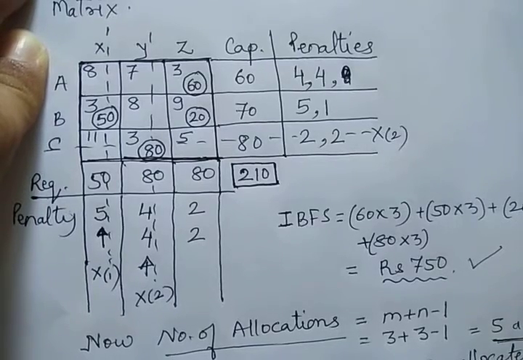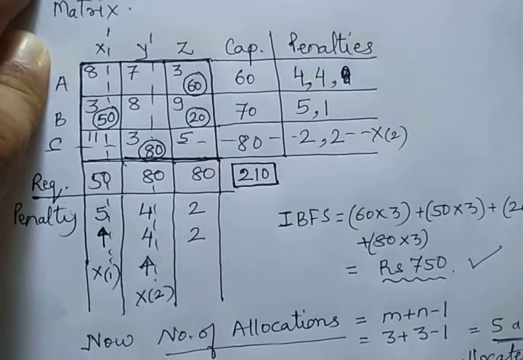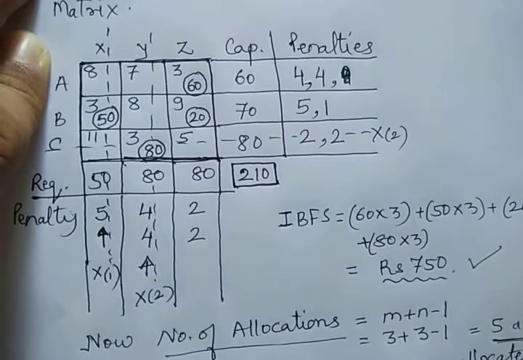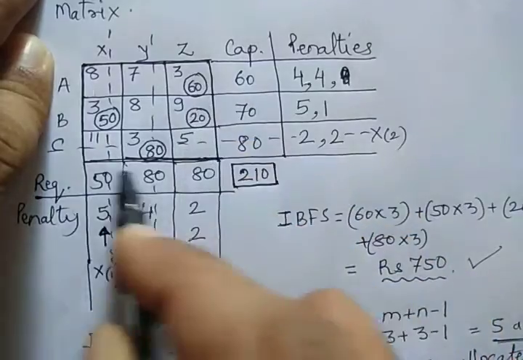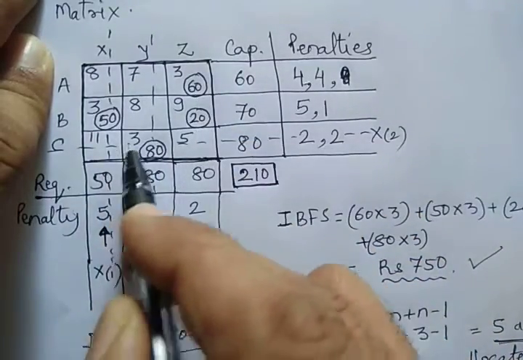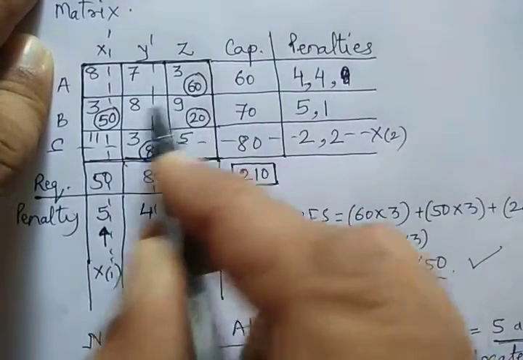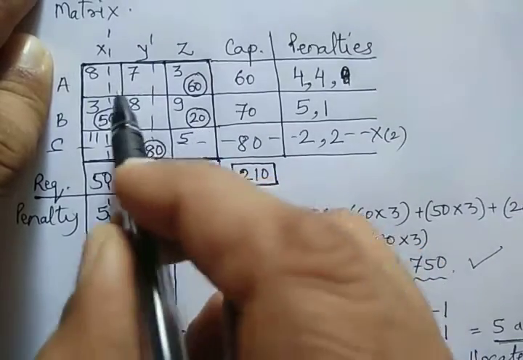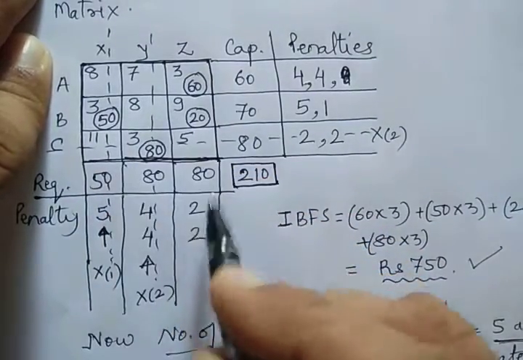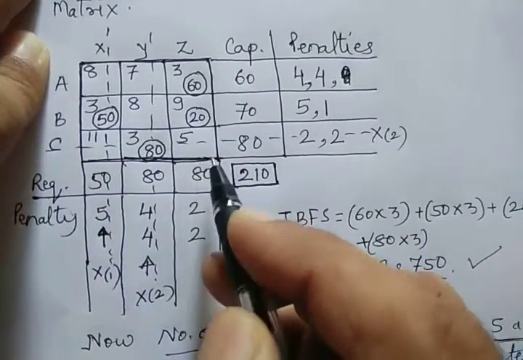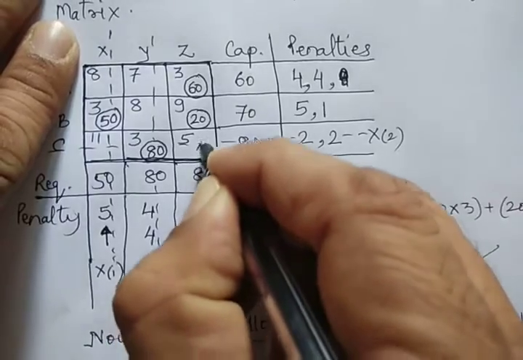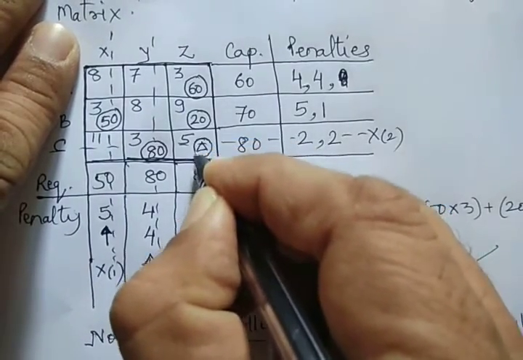For that, we have to allocate a small allocation in the matrix, delta, which is very minute, approximately equal to 0 only. So we have to allocate a small allocation in the smallest cost cell, other than these allocations. So where we have done these allocations, leaving those, in the smallest cost cell we have to do the allocation. So the smallest cost cell is 5. So in the smallest cost cell we have to do a small allocation delta. Delta is a very small value.